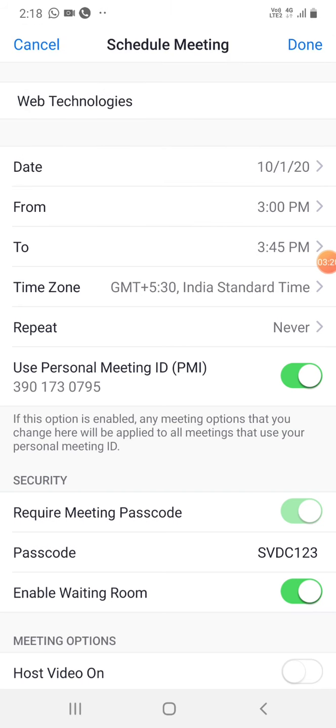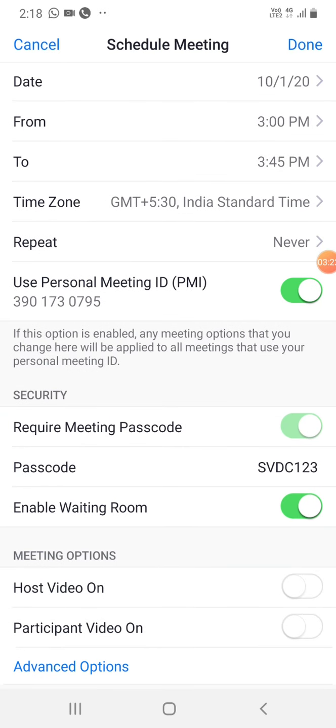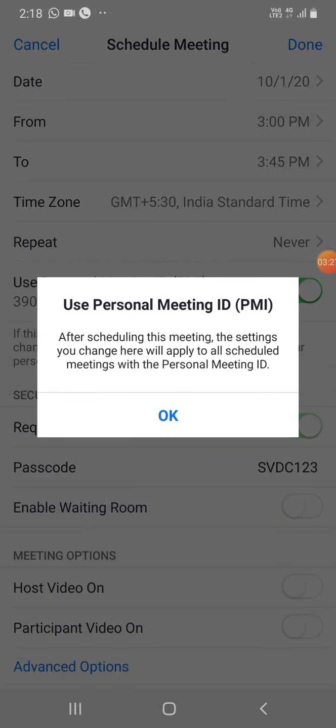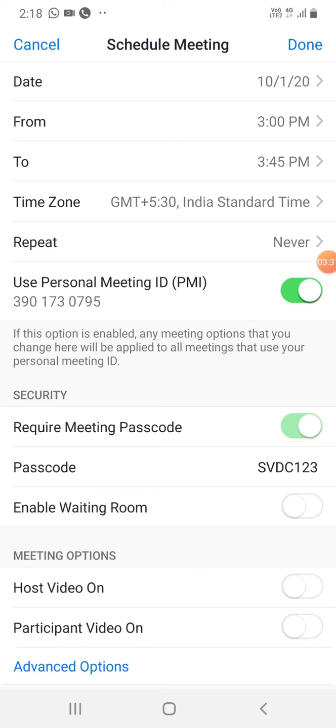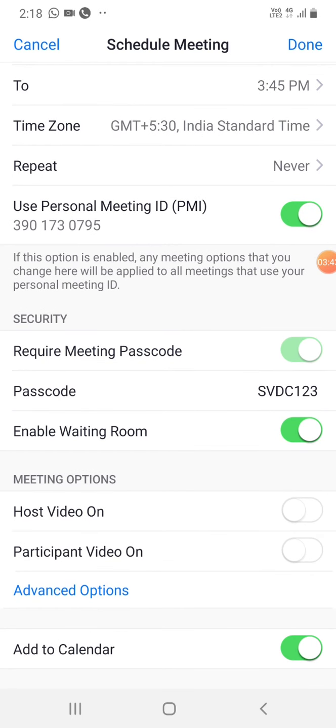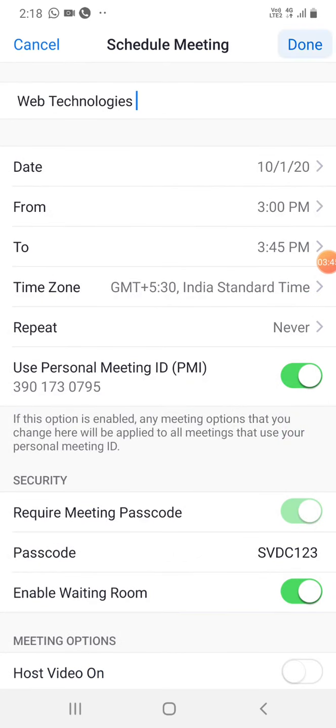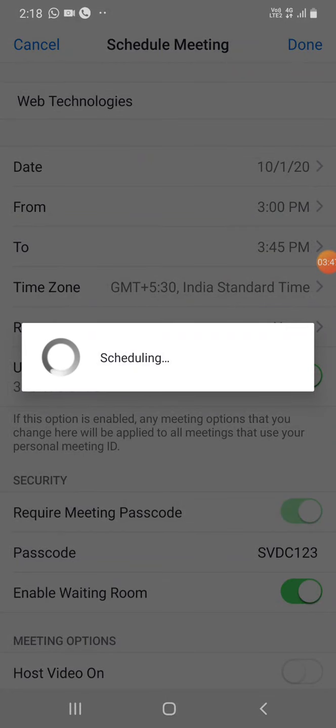Okay, and if you want to make everyone join directly, just disable it. Otherwise, if you want to admit the participants or your students, then just enable the waiting room. Okay, so these are some of the options. Okay, just click on done.